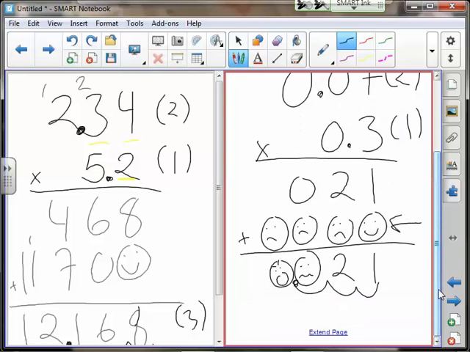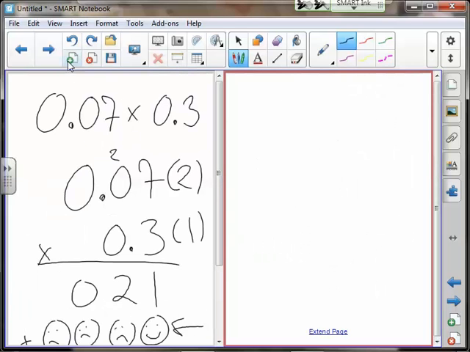21 thousandths. Very nice, ladies and gentlemen. Your homework for this evening, because that's pretty much it for the lesson, is going to be